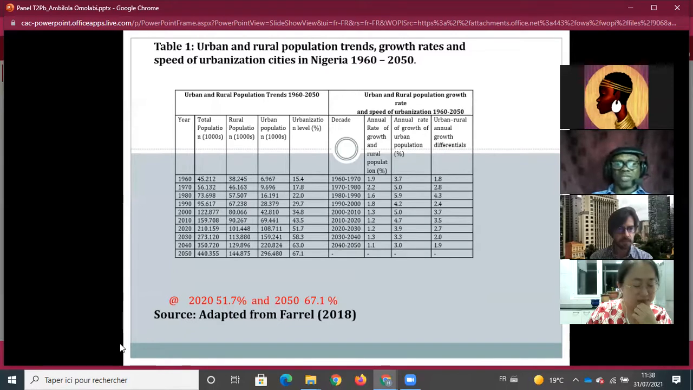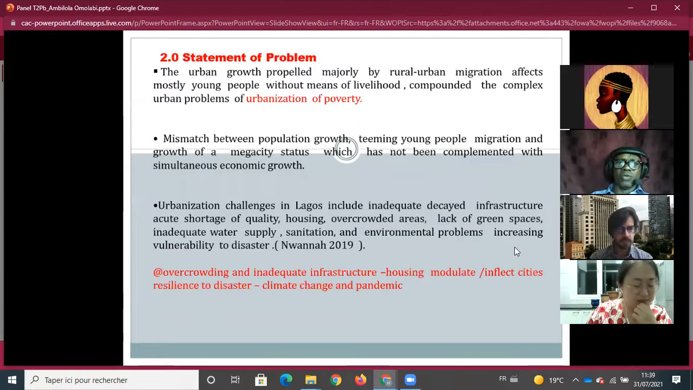So this has really led to problems that we are still battling with. Unfortunately, out of the 36 states that we have in the country, Lagos is the worst hit in terms of COVID-19 experience. Nevertheless, what the study went about to do was to examine aspects of urban infrastructure, housing quality, as